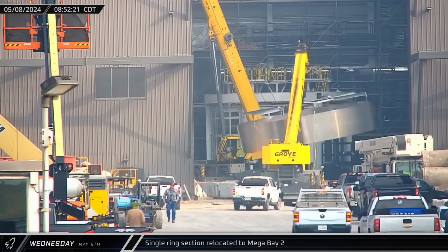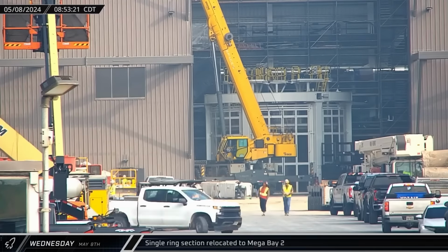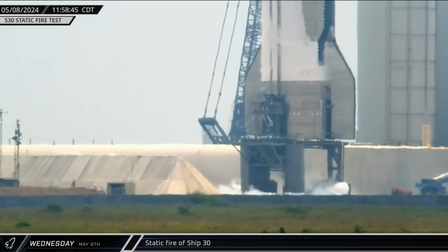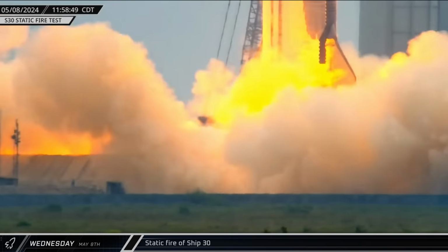Back at the build site, a single ring section was relocated to Mega Bay 2. This ring will likely be welded on the top of the 3-ring barrel section that was taken into the bay the previous day. Following the previous day's abort, Starship 30 performed a second and this time successful test, lighting up